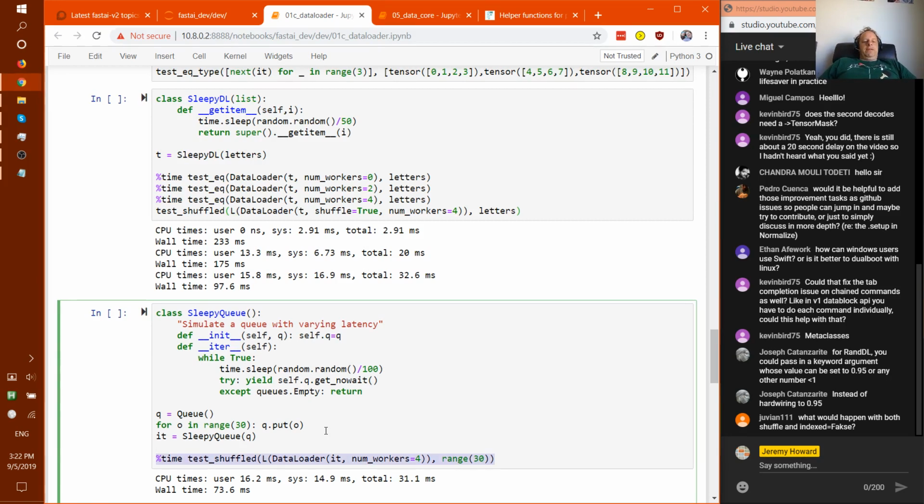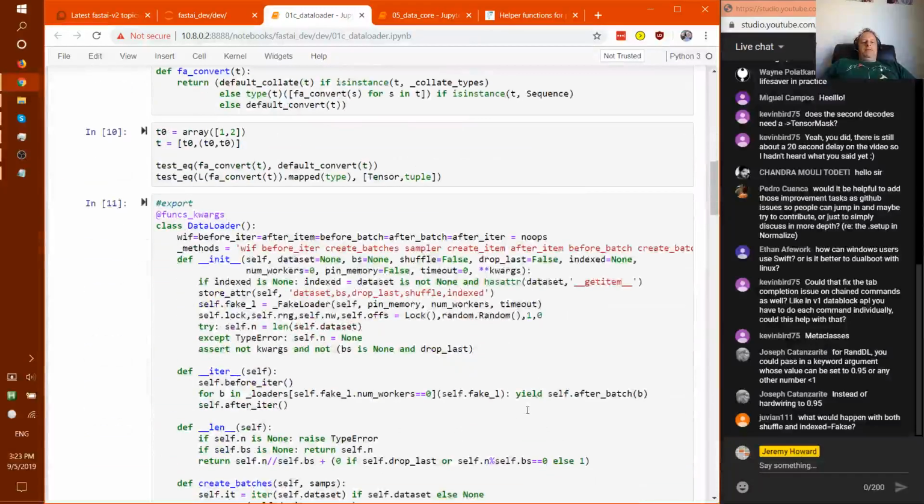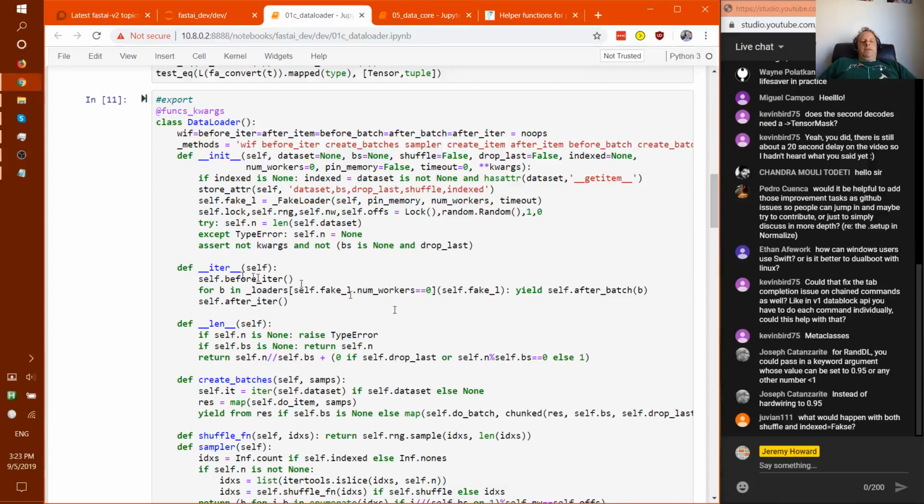Now in this case, because our sleepy queue only has __iter__ and doesn't have __getitem__, there's no guarantee about what order things will come back in. So we end up with something that's shuffled this time, which I think answers the question of Druvian 111, which is what would happen if shuffle and indexed are both false. That's a great question. If indexed is false, then shuffle doesn't do anything. And specifically, in terms of how it's implemented,